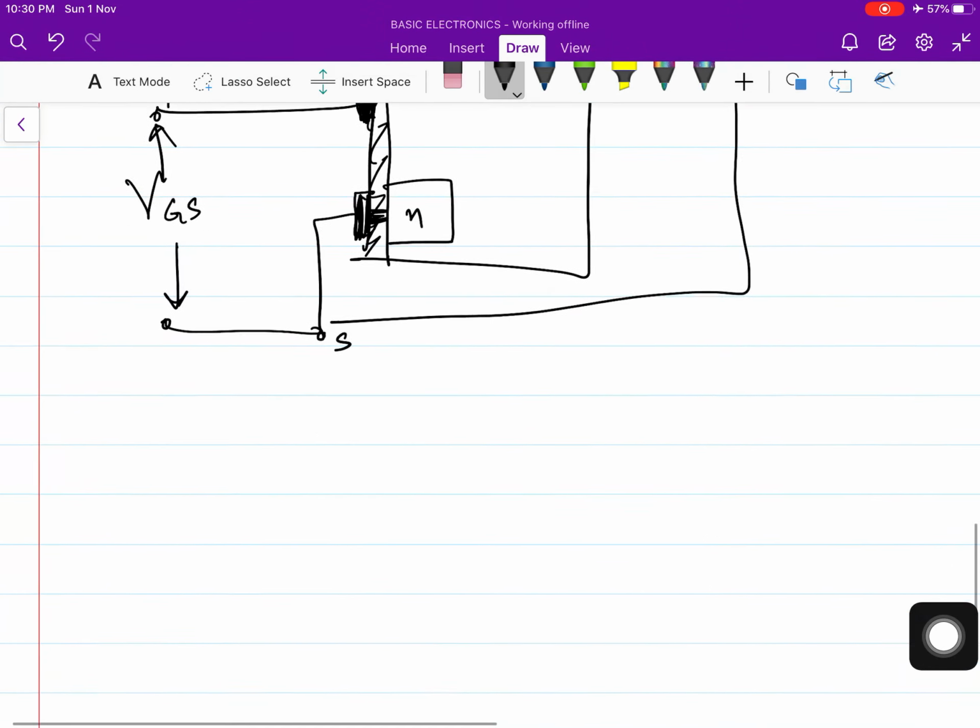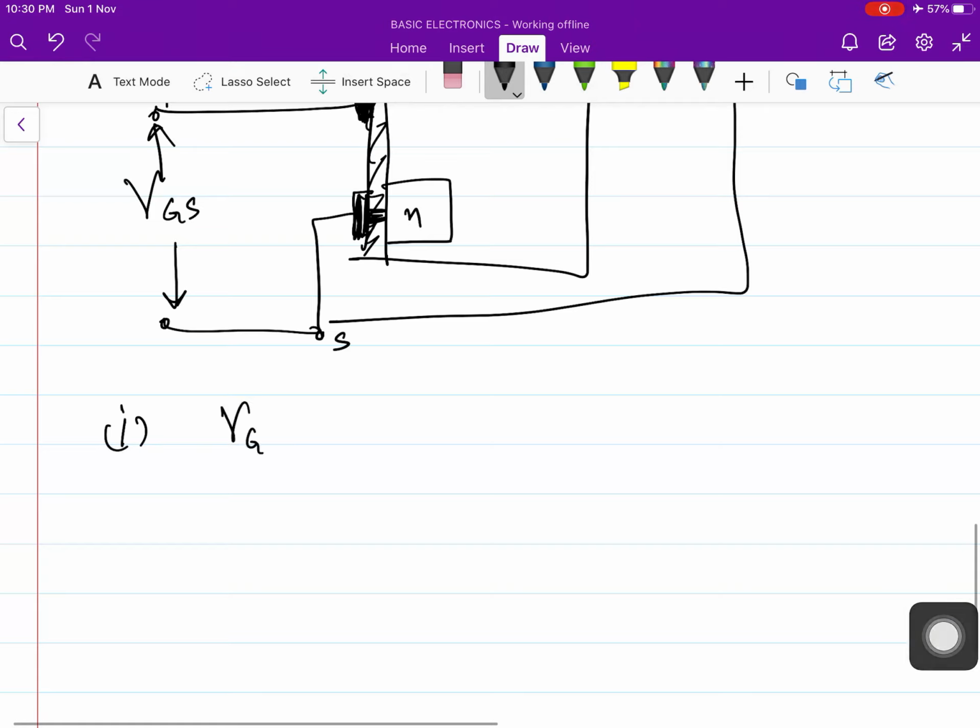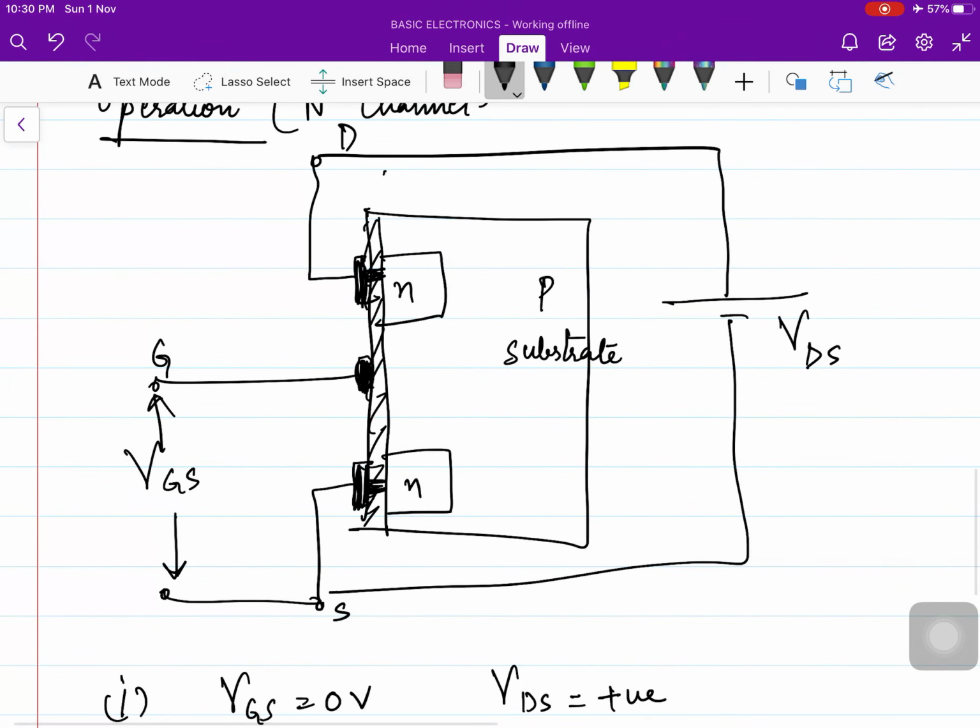So now we'll again study the operation of enhancement MOSFET for three cases. The first case will be for VGS equals to 0 volt and VDS is positive. So let's move to the diagram again. As you can see, when VGS is 0, that means replace VGS by a short circuit and we are done, and only VDS will come into account. Now as we can see, the positive terminal of VDS is connected to the n-type region, which is connected to the drain. So the electrons, of course, in the n-type region which is connected to the drain will be attracted towards the positive terminal of VDS.